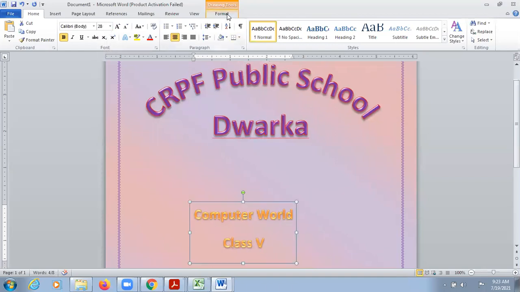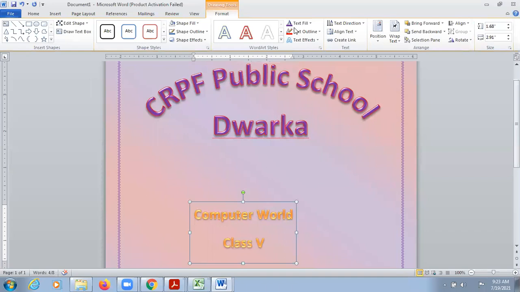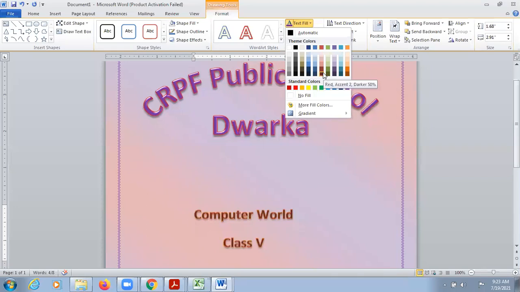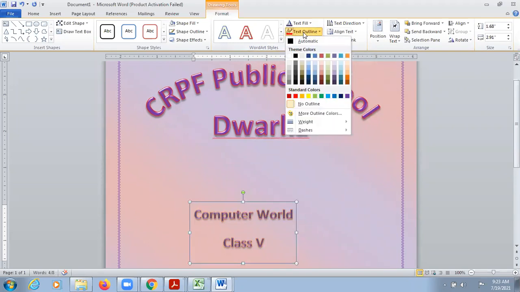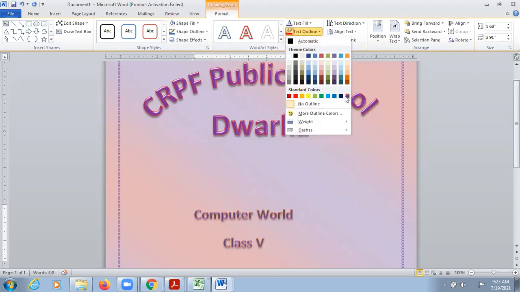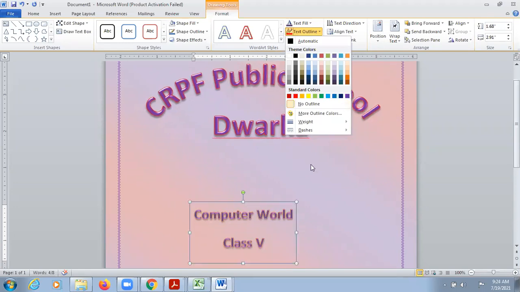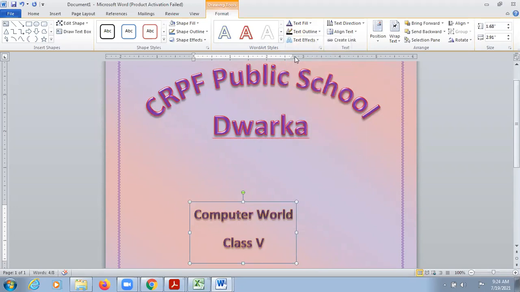Now change the color, go to the Format tab, go to Shape Fill and choose a different color. Let's say this time I wanted to use purple with a different outline, with a purple outline only, or with a black outline.